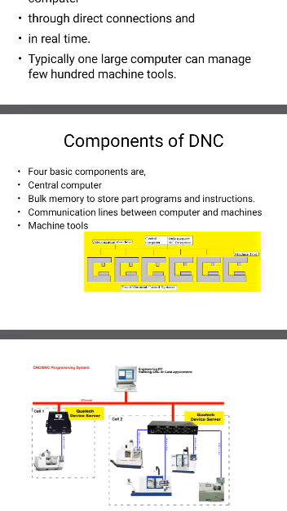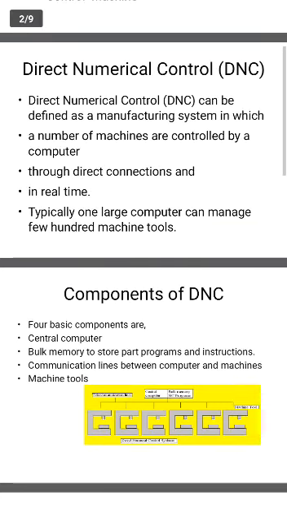So here, next, is the definition of direct numerical control. It has a central computer system, to which many machines are connected, so that the machines run with data. It won't use any tape reader or those things. Here it directly reads the part programming instructions to the machine tool directly from the computer memory. So it takes the program from the computer memory and transfers it to the machines.